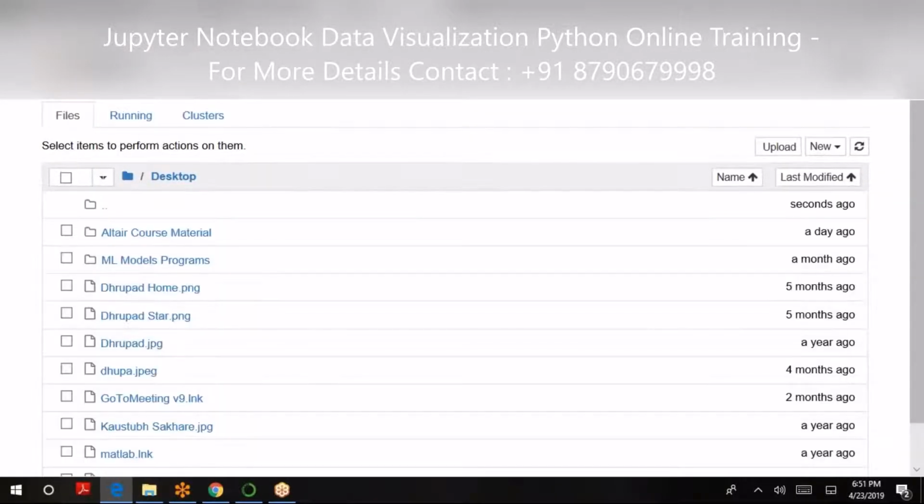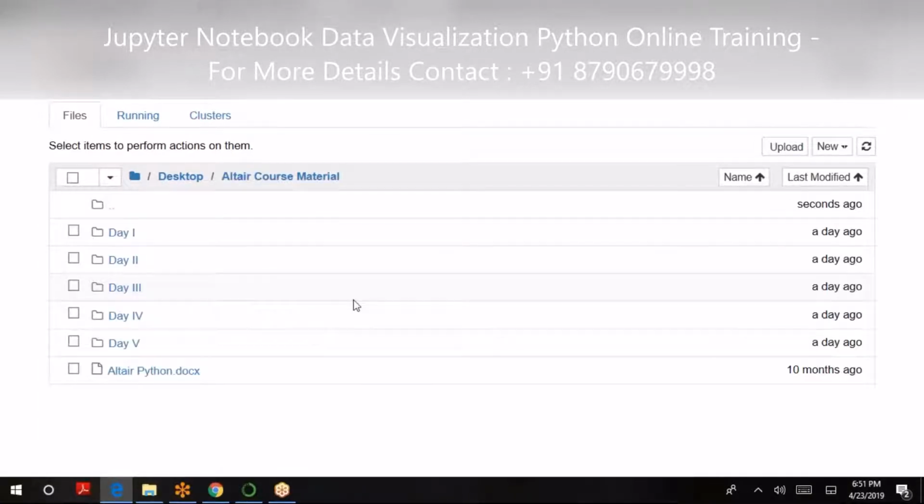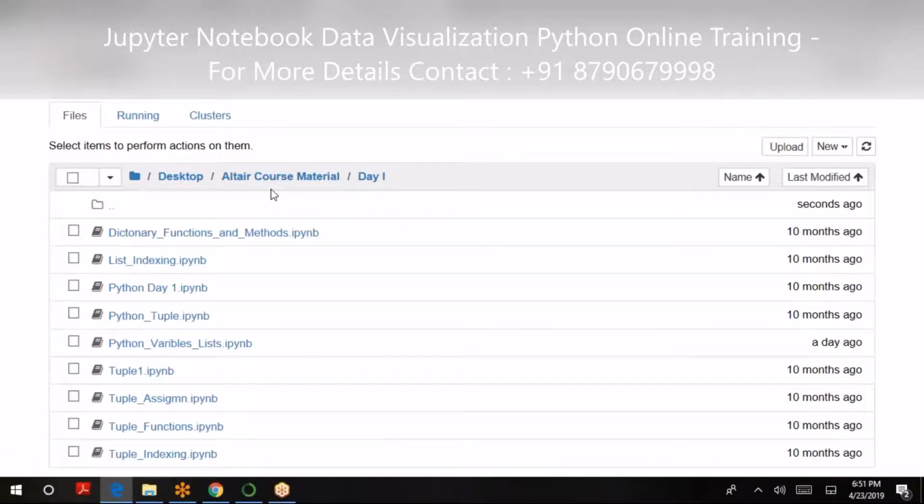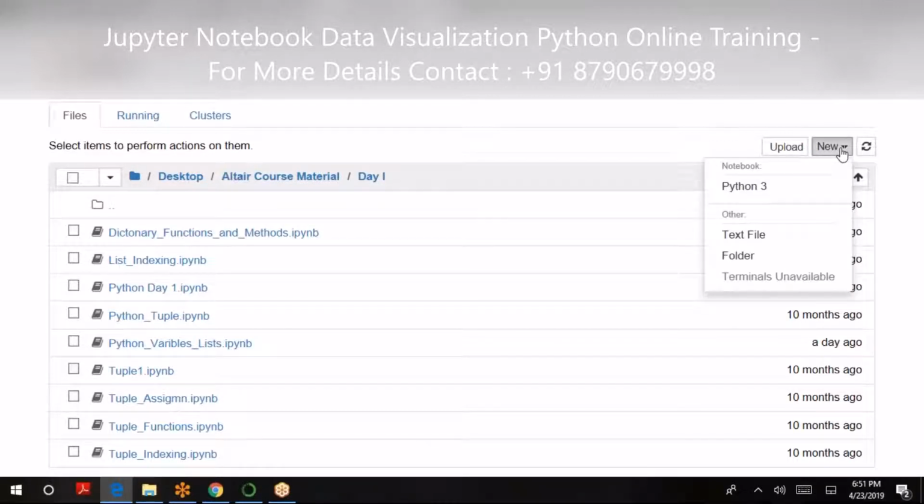For example, I am maintaining some programs on the desktop, and some programs in this specific folder. So I can directly give this path, the desktop and then the folder name. Or else, if I have to create a new program, I should say New and then Python 3.